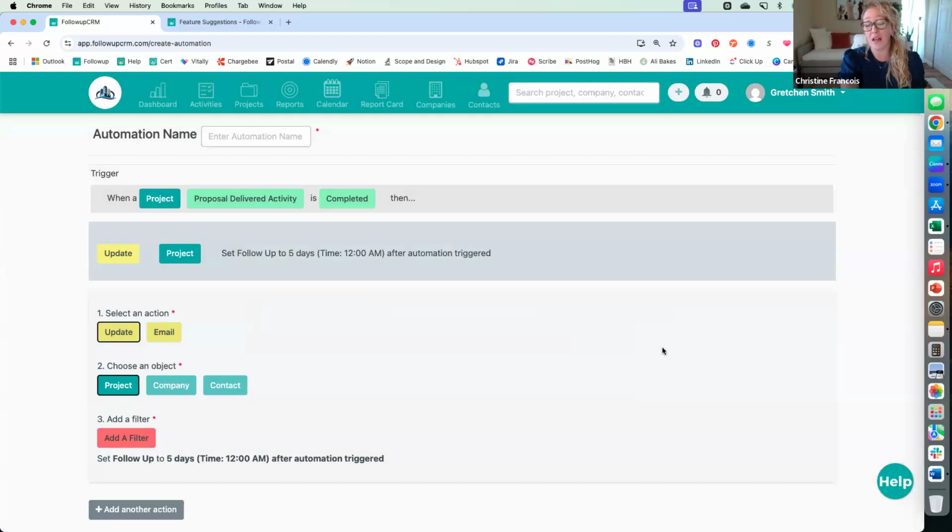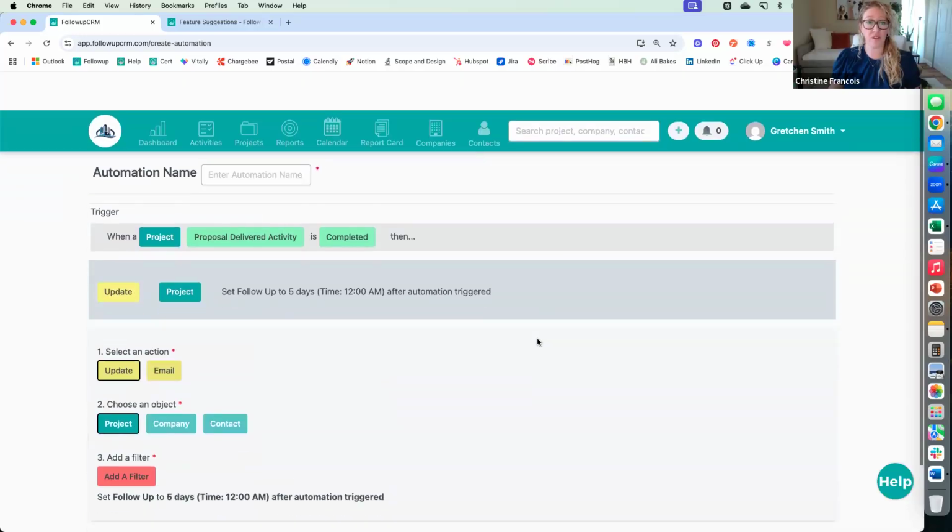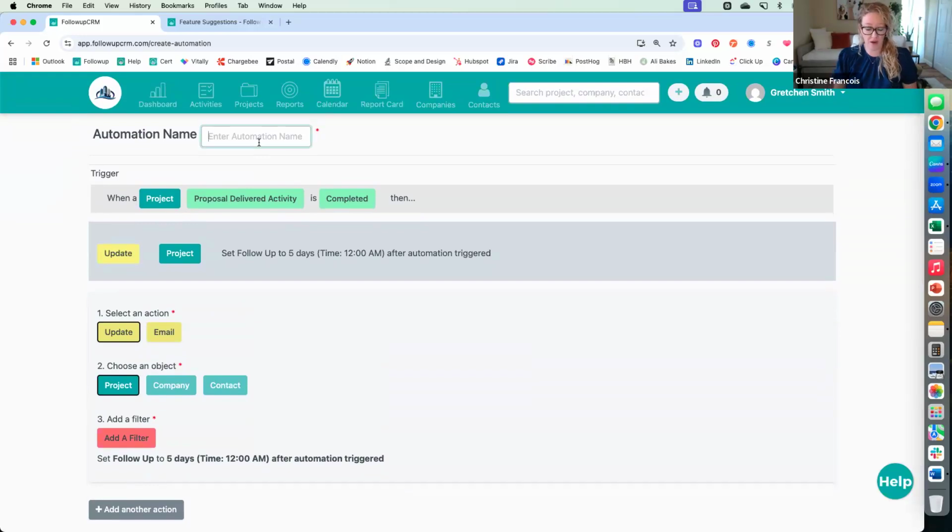This allows you to automatically schedule a follow-up date for everything that gets proposal delivered checked off, and then you don't have to worry about it. It just goes to the activity board for every person on your team. This is what we mean when we say work smarter, not harder. So then I just need to come up here and I can say follow up